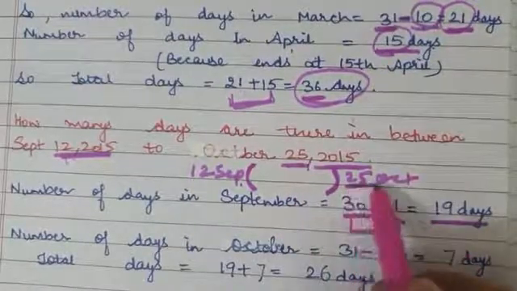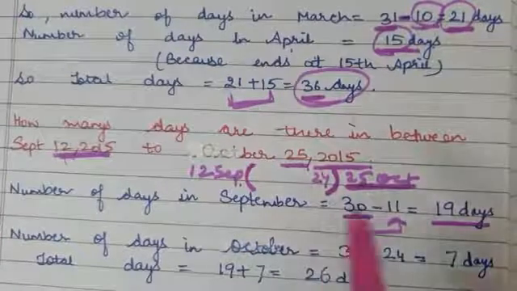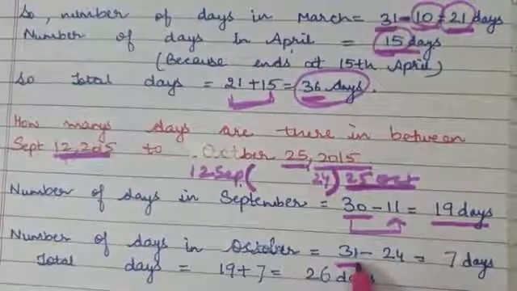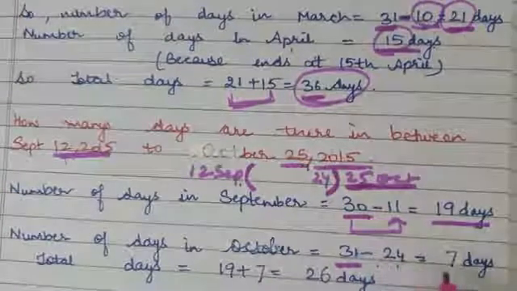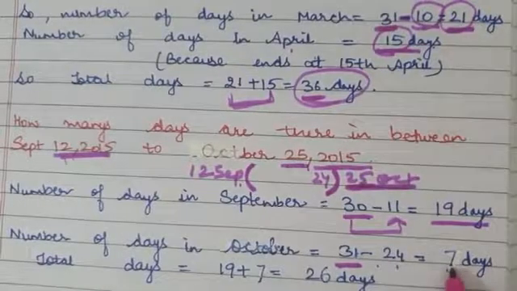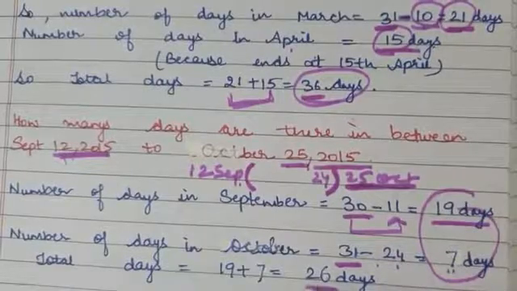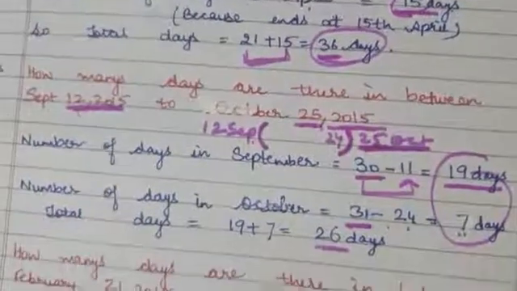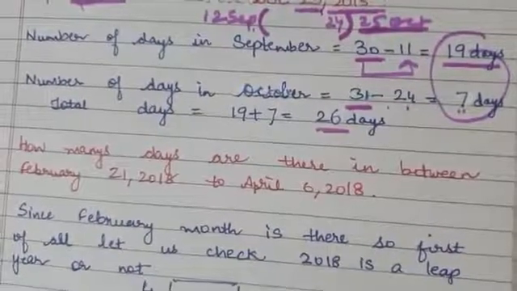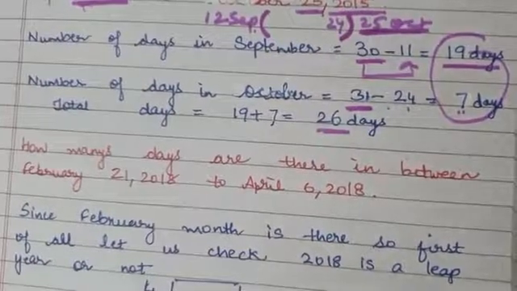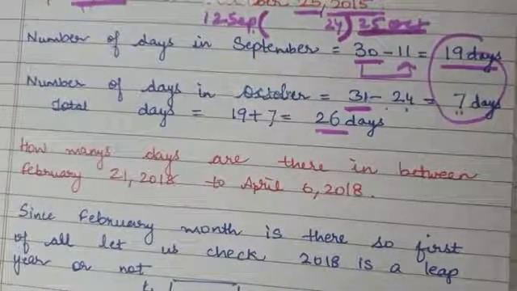25 October means 24 will come here. So 31, that is the total number of days in October, minus 24. So what we get? 7. So the total number of days will be what? 26 days. Clear? Now the next question is, how many days are there in between February 21,